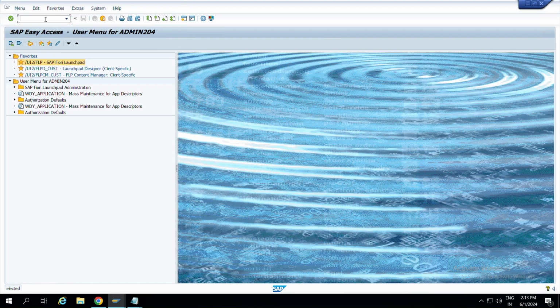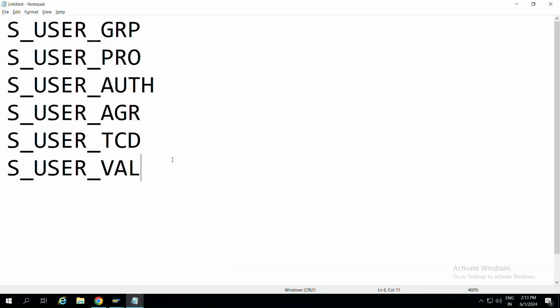I think this T code is locked here. So basically, you can use the T code called EWZ5, for mass lock and unlock of users.